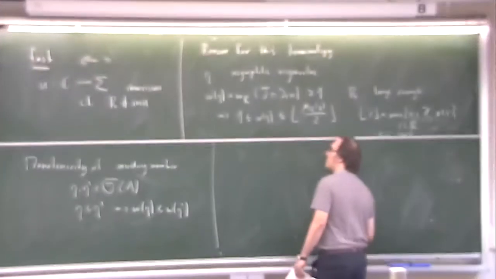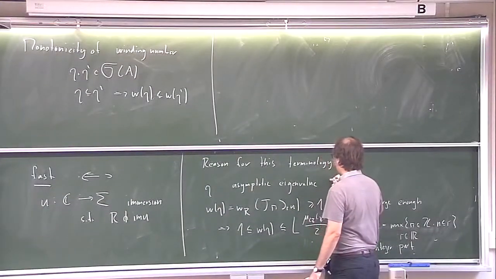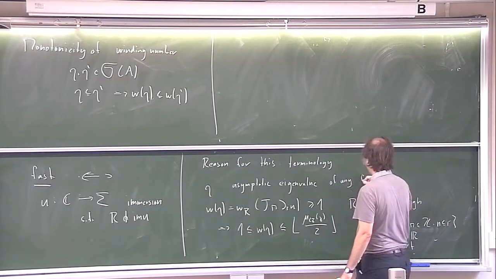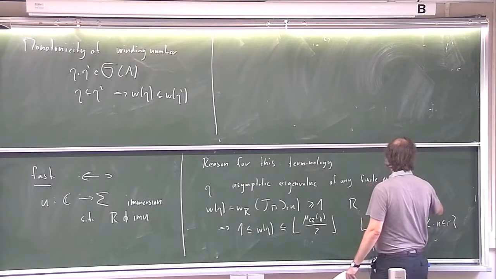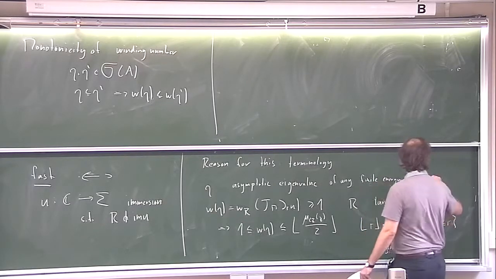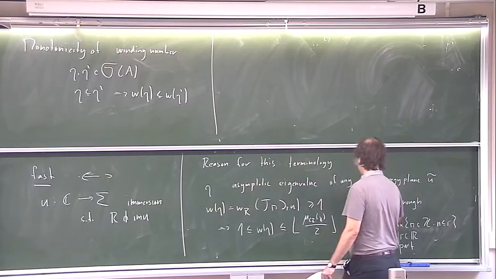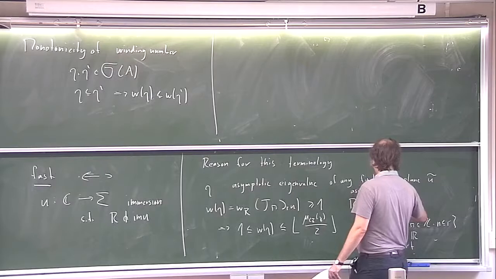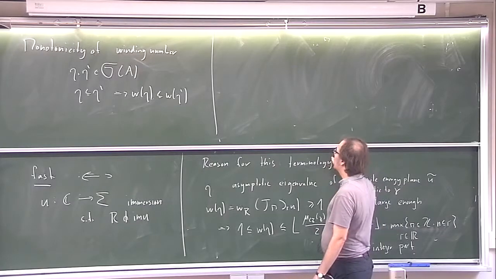Here is the asymptotic eigenvalue of any finite energy plane u tilde asymptotic to gamma. Then this,